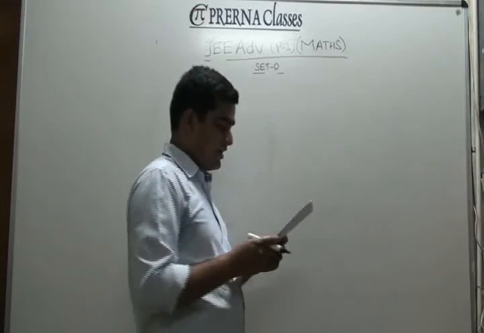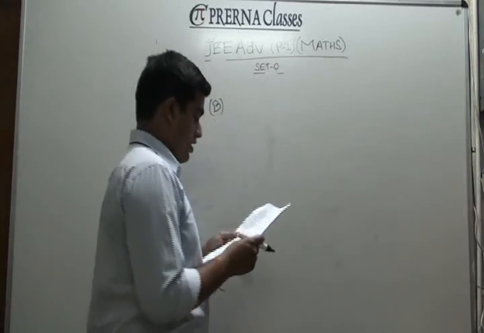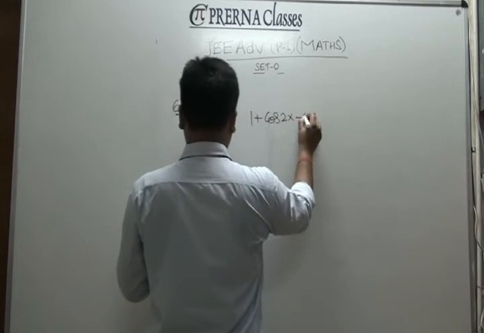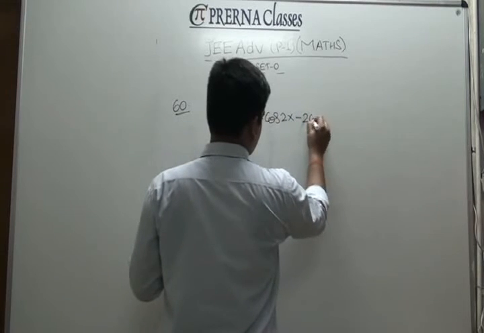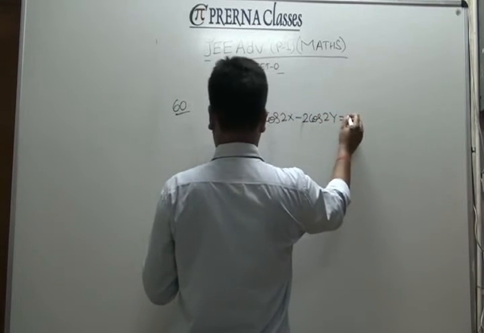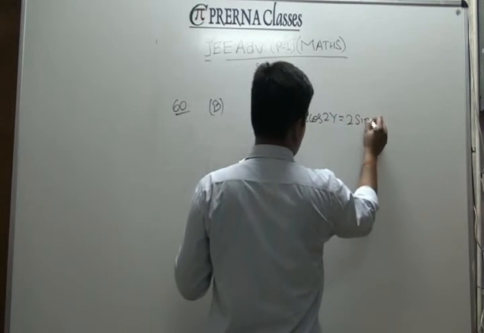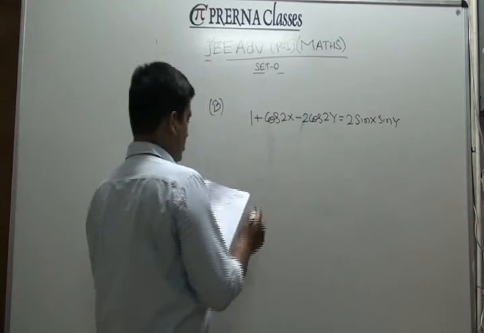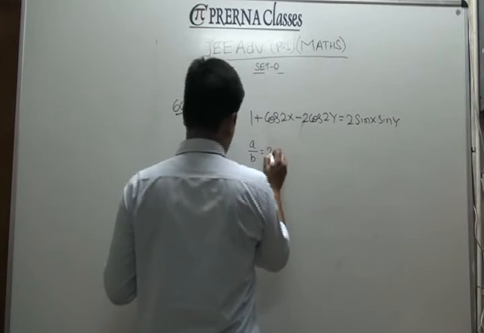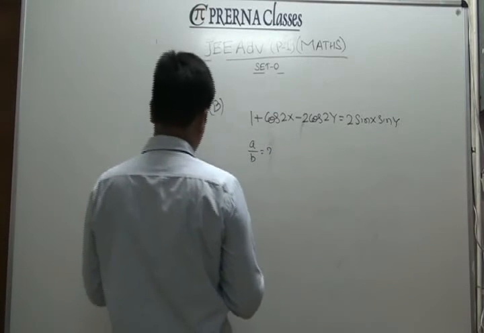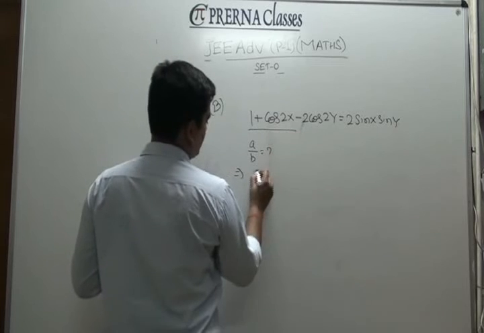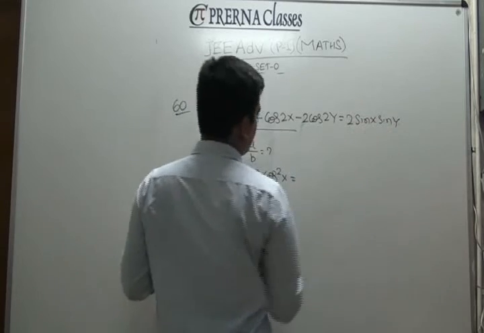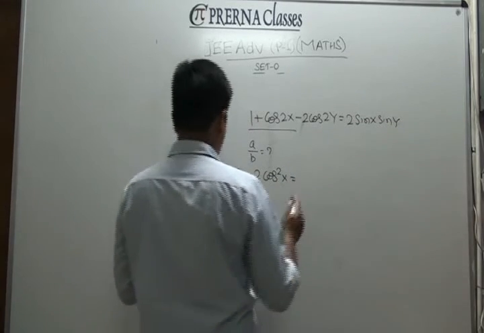In the option B, you have again a triangle with different sides given, and you have one information that 1 plus, this statement is given in that column, and then you are looking at all possible values of A by B in that case. If you check, this value becomes 2 cos square of x. And if I rearrange this particular term with this, you can check you have nothing else but